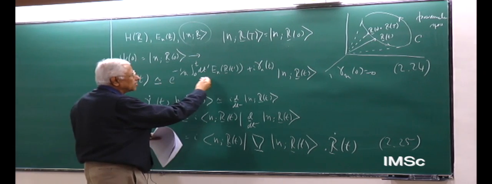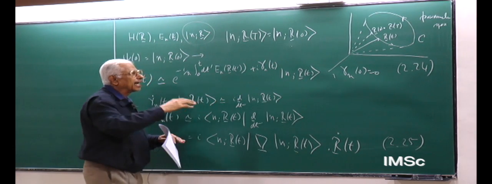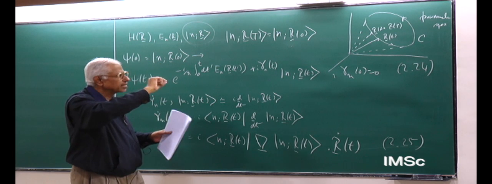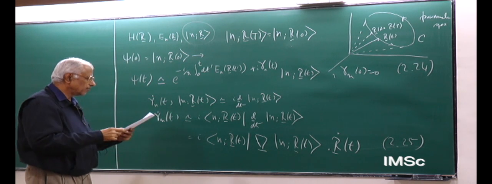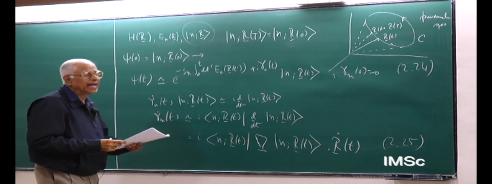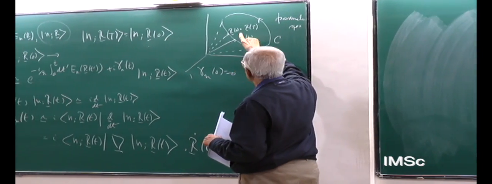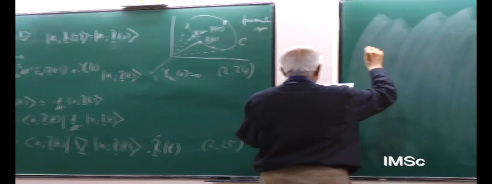And now you ask, what happens to this solution of the Schrodinger equation at the end of the cycle, when the parameters return to their original values? What is the value of this gamma n at time capital T? At the end of the cycle, when r of t is equal to r of 0, what do you get? Well,